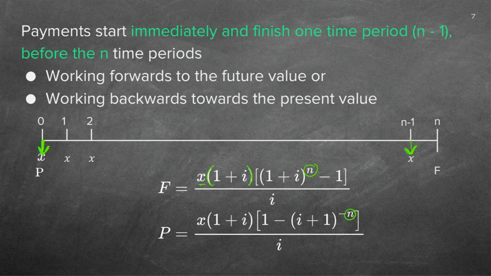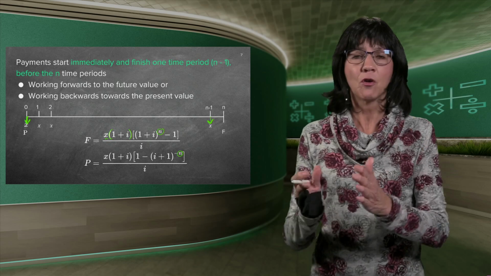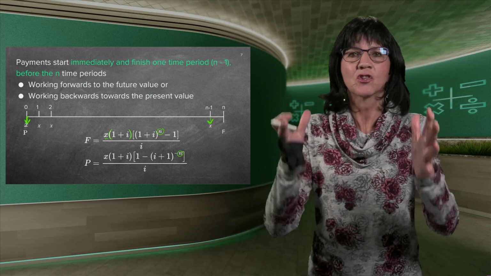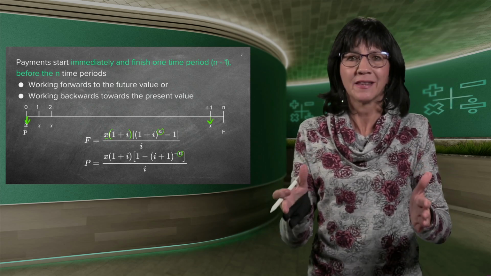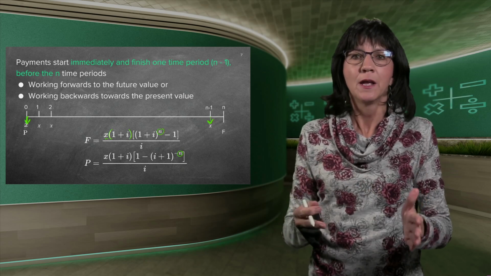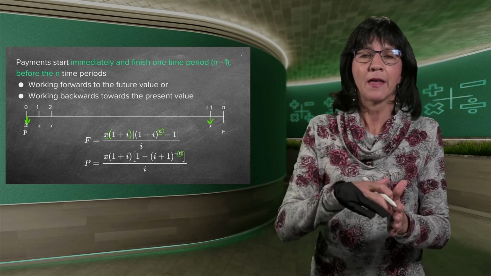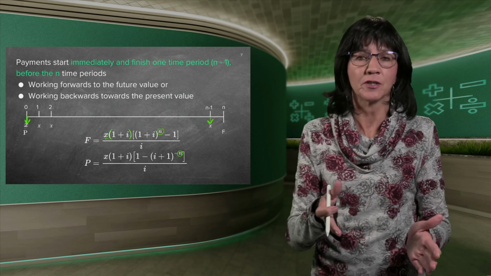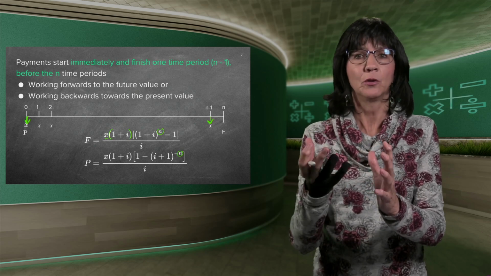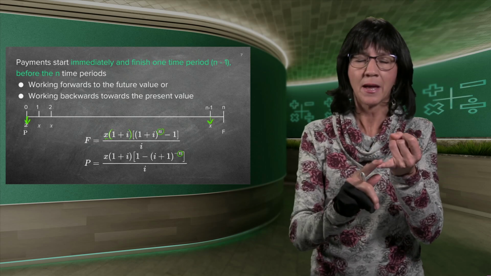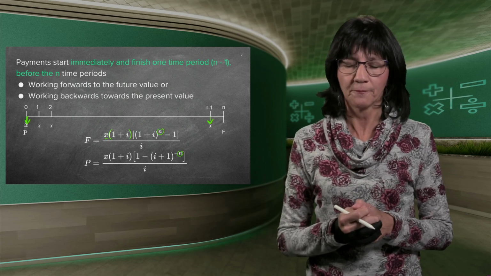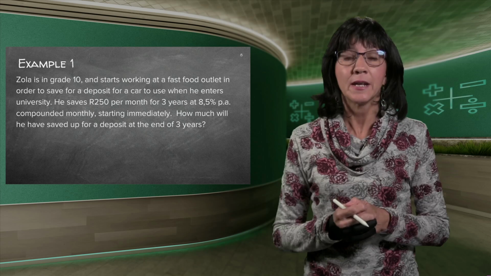So I'm going to say it slowly again. If you start 1 month earlier and you stop 1 month earlier, it means the N is going to be for the same lot of months. The N is going to just stay the same N. That is why in your formula you just see the normal N. But because I've started immediately and there's a month that is now extra interest, you will multiply it by the X. So you'll say 1 times X is the amount, plus the I times X is the interest on that amount, and then you'll just do the normal formula. Good. Best way is to do an example.